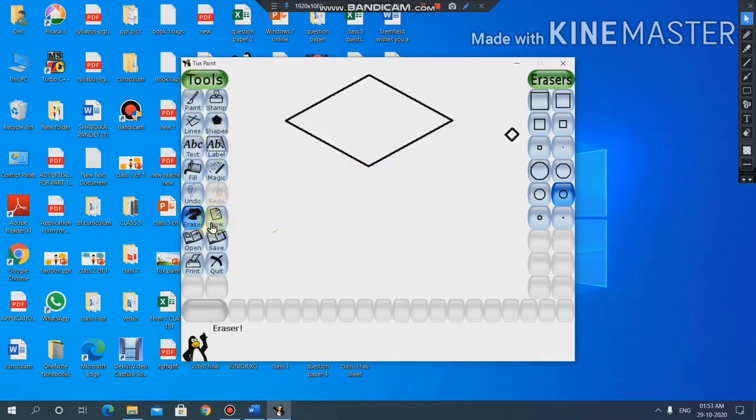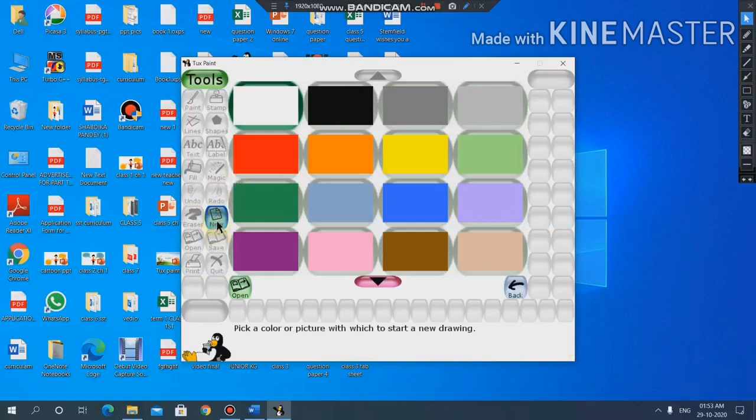Where is the new tool in the toolbar? This one is the new tool. By clicking on this new tool, we will get many color backgrounds here. You can see the backgrounds. These backgrounds we can change. We can choose any of the backgrounds for our picture. Like I am choosing this yellow color background.